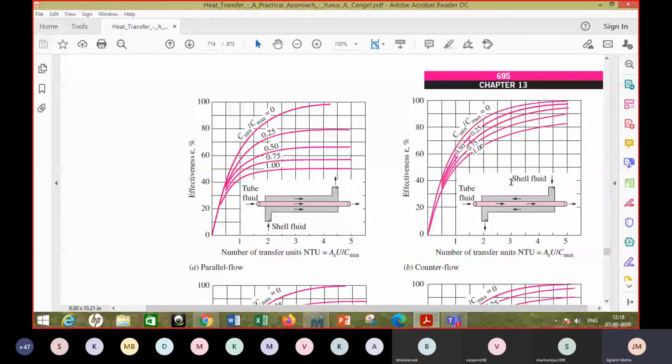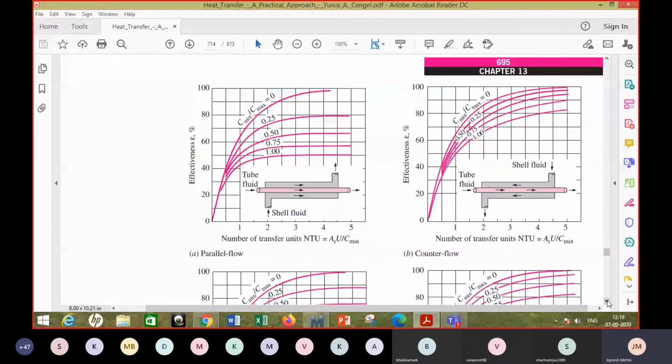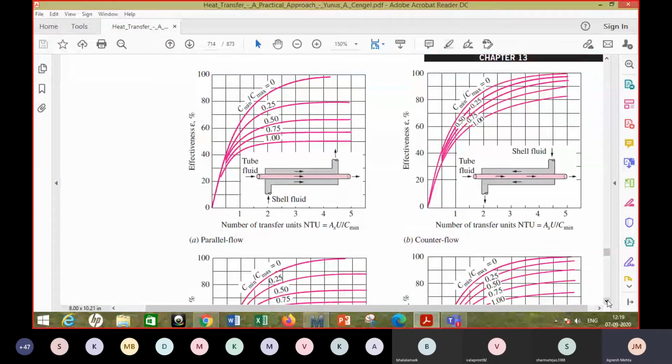So it's always good to use a formula whenever it is available, right? Though the calculation may not be that easy. Of course, when you do manual calculation, it may not be that easy, but with the help of a program, it is generally not at all difficult to evaluate the values when a formula is available, right? So it's always preferable to use a formula.